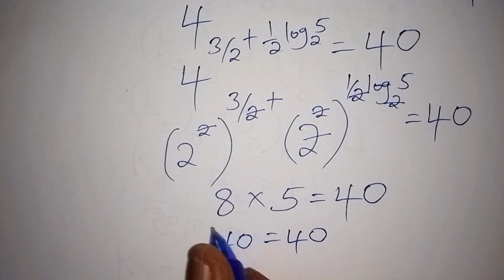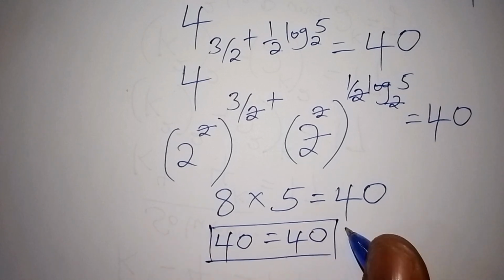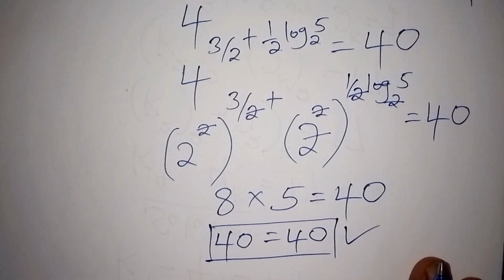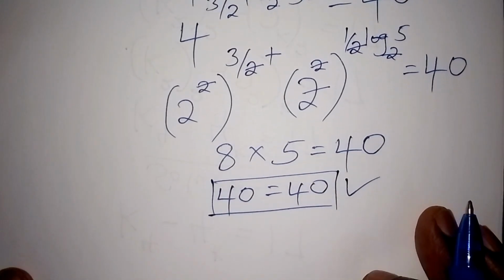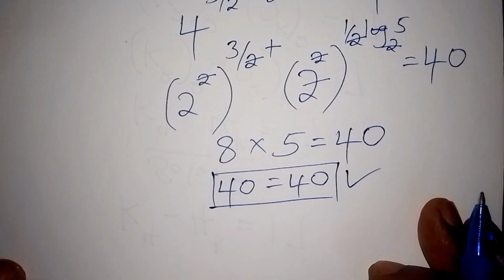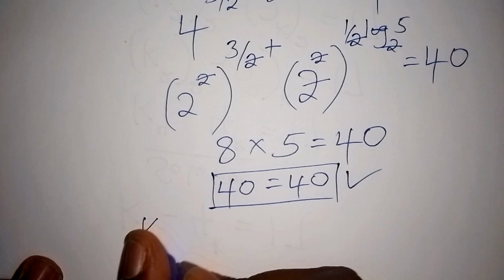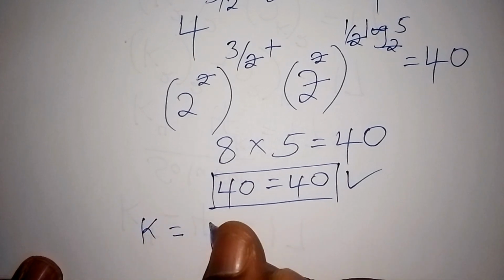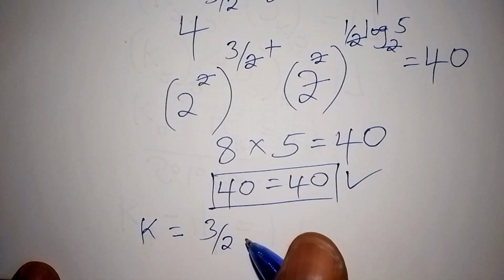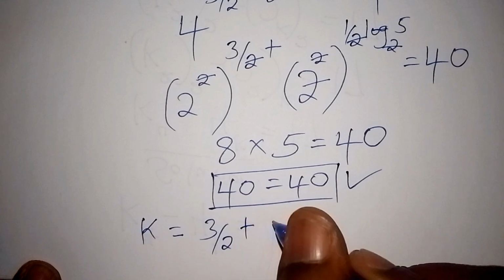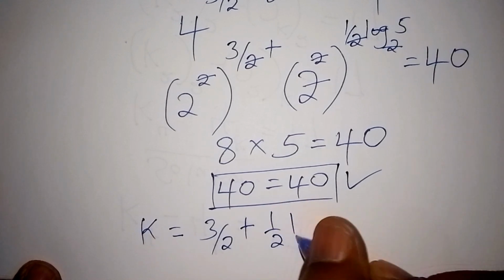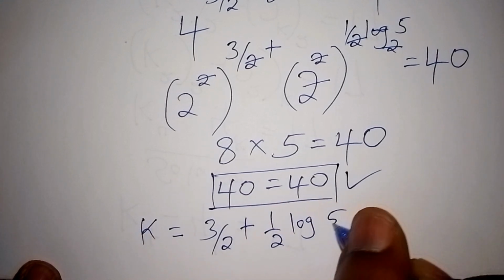So meaning that we are very much correct. So in that case we can now conclude by saying that we are very correct when we finally say that the value for k, so k is equal to 3 over 2 plus a half the log of 5 to the base of 2